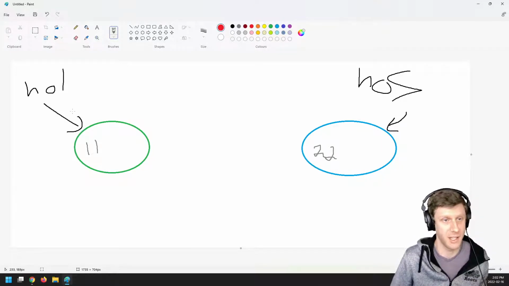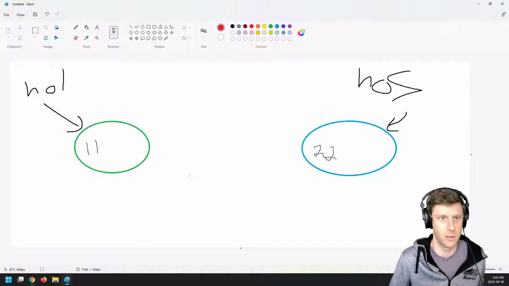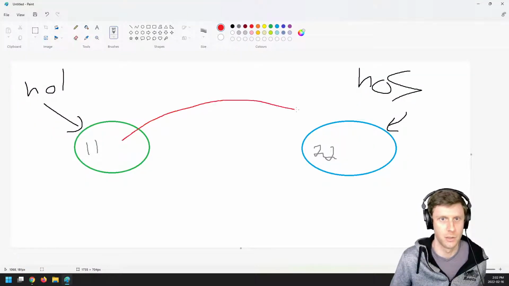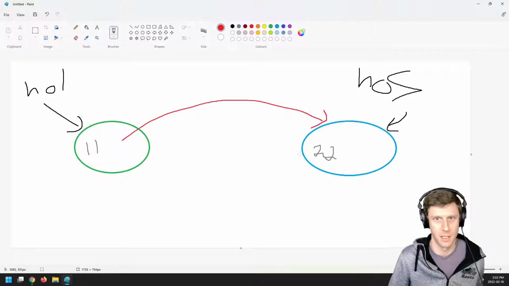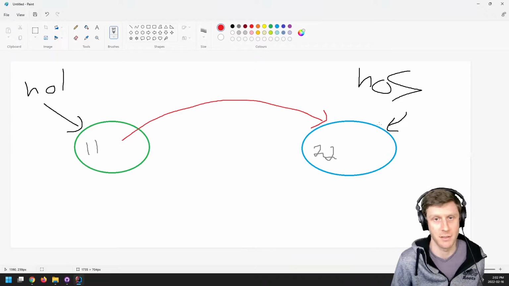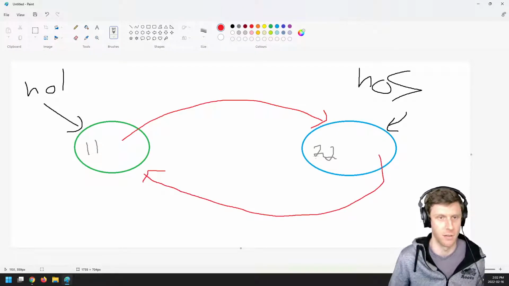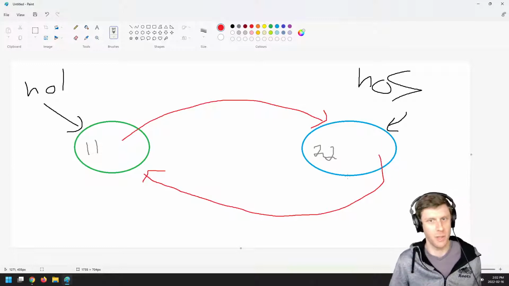And then I say HOI, head of ints, your next is head of strings. So your next is now a reference to this node. And then I also say head of strings, your next is head of ints. So your next is a reference to this node. So with this drawn,